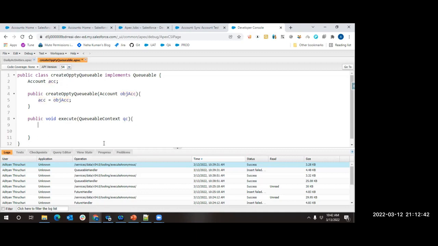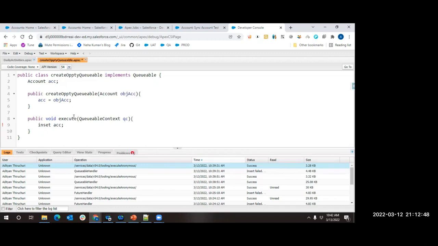And in the execute method, because there is access to the class level variable, I am trying to do something like this. Okay, fine. You have written a constructor. You have a class level variable. To this class level variable, whatever parameter you are receiving, you gave it, which is absolutely fine.